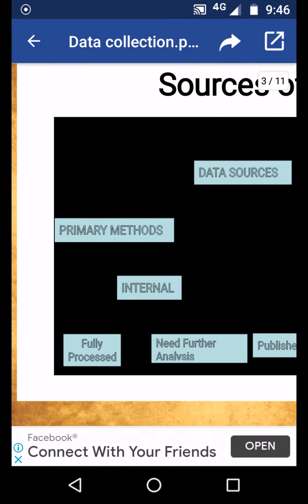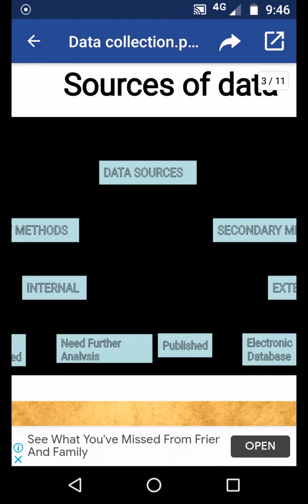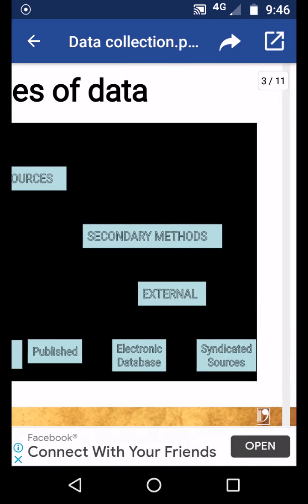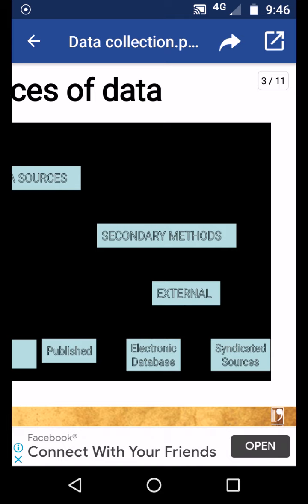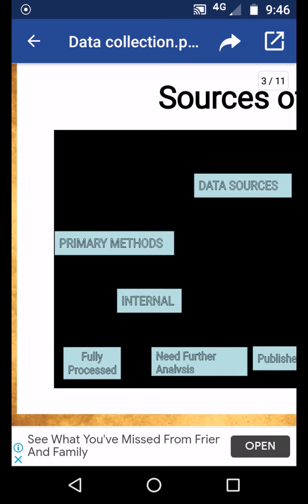Internal means within the company, records are there, sales records, company records. See, all those are internal. Okay, from public published data like the balance sheets of the company, etc. External data is from outside. See, electronically websites are there, there you have data, you have information. Then syndicated sources, so pooled data is there, online journals are there, that is external.